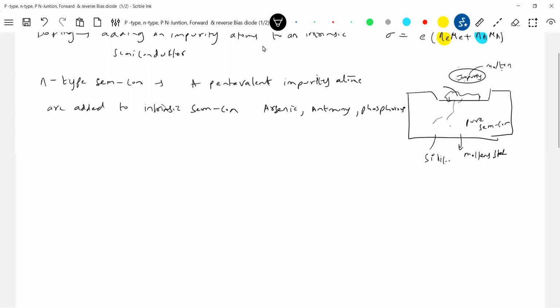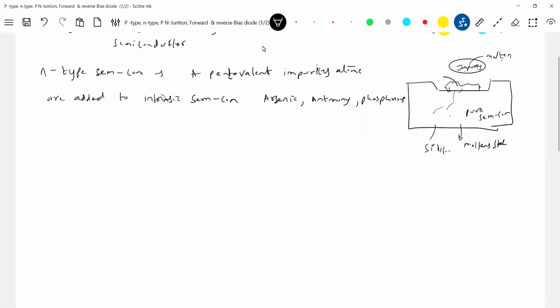These are allied to pure semiconductor. What is the pure semiconductor? Either germanium or silicon. What is another condition? The impurity atom should exactly fit into the crystalline structure of the semiconductor. And we know a semiconductor is a tetravalent atom. The outermost orbit will have 4 valence electrons, and it will share with adjacent atoms, so we get a covalent bond.